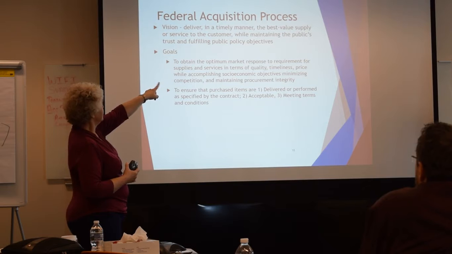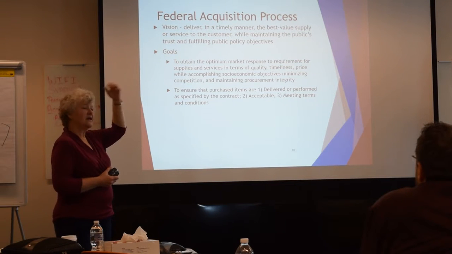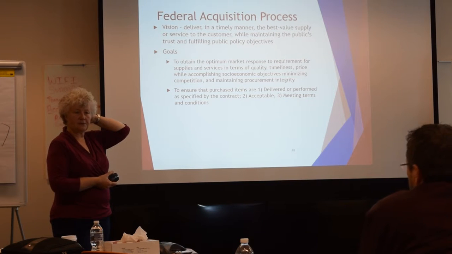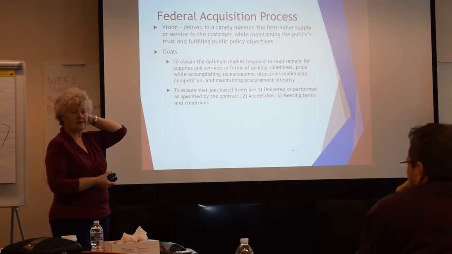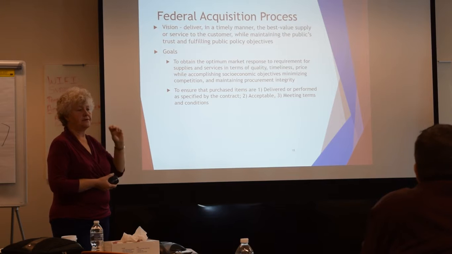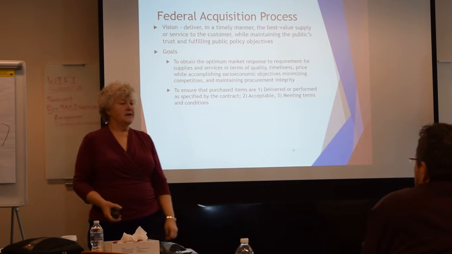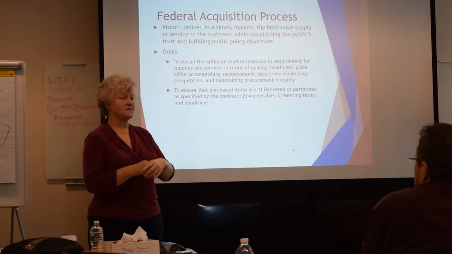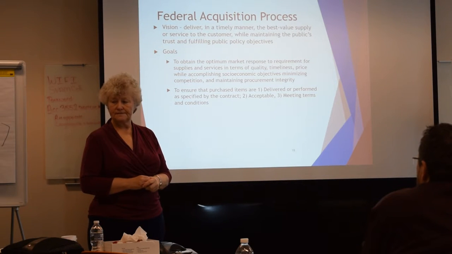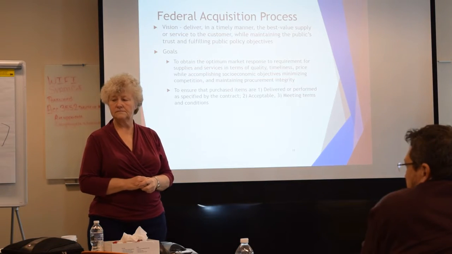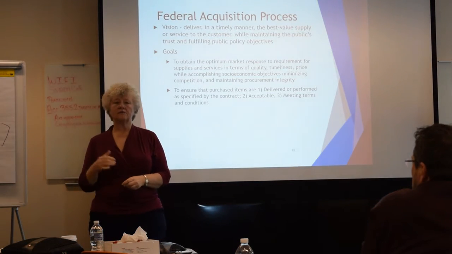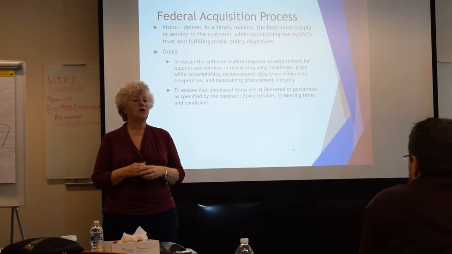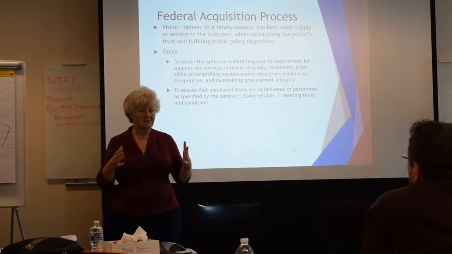They want to maintain the public's trust. So why is there a $600 hammer or a $600 toilet seat that we hear about in the Washington Post? Why is that? Somebody's brother, cousin got the contract. Right? So that's one possibility that they try to avoid. What's another reason why that happens? They wrote the RFP wrong. Wrong, or what might be another reason? Too much detail, or too specific, or Right, so sometimes